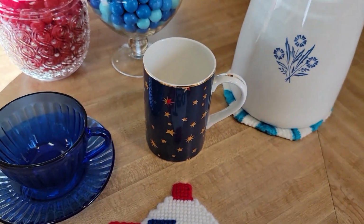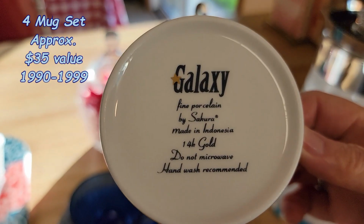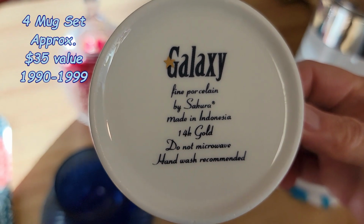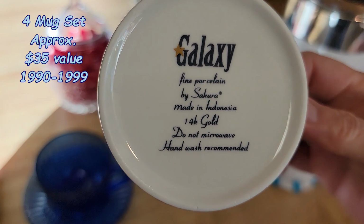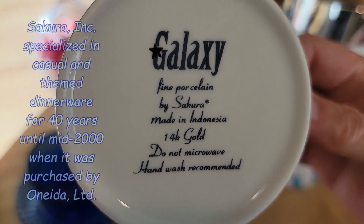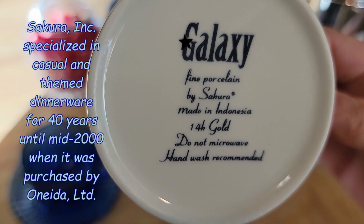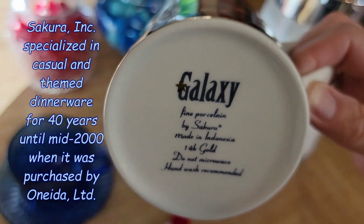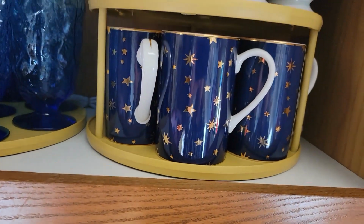Now, I just found this yesterday with 3 others. It's really pretty. In St. Croix Falls yesterday, Norm took me thrifting there, and these were so beautiful. I couldn't resist them for 50 cents a piece. That is amazing, 14 karat gold stars on it. And a lot of you are probably familiar with Sakura fine porcelain dishes. I believe they are considered very nice everyday dishes. Beautiful. So there are the other 3,